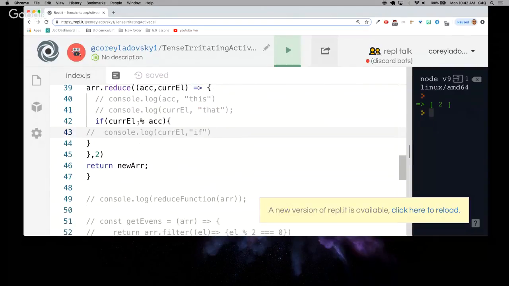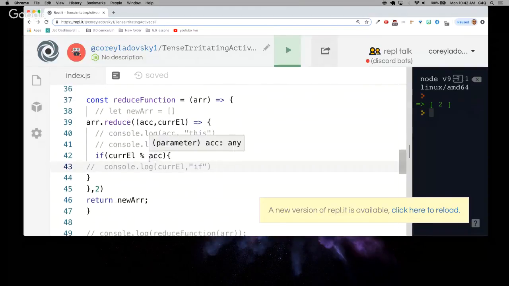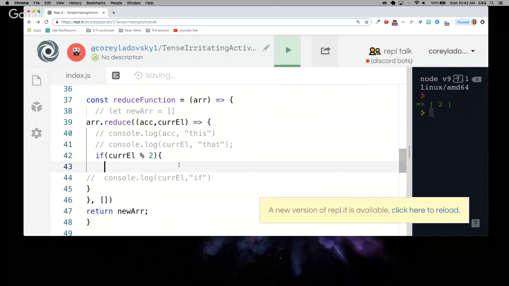And then we're checking, so if our current element modulo the accumulator. So almost, but not quite, right? Because the accumulator is an array. So we want to actually check if it's modulo 2. This person passed in 2 as their initial accumulator value, so that's probably what they were trying to do there, but we would have rather had it be an empty array. And so then they have to just do their logic in here. So if the current element is an even number, so I should say equal to 0,